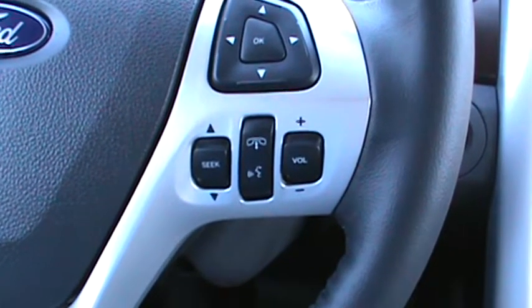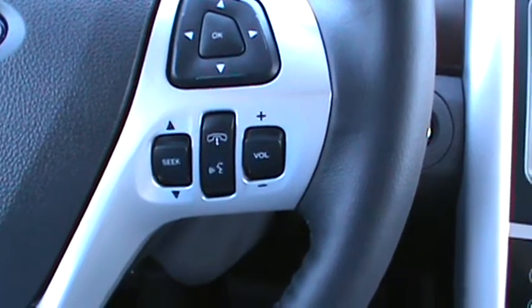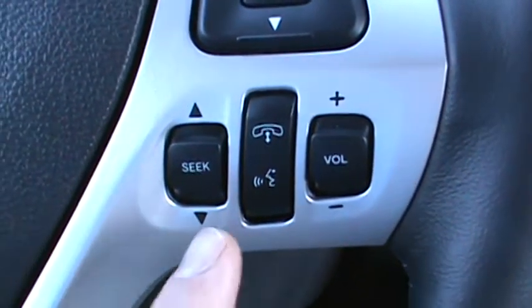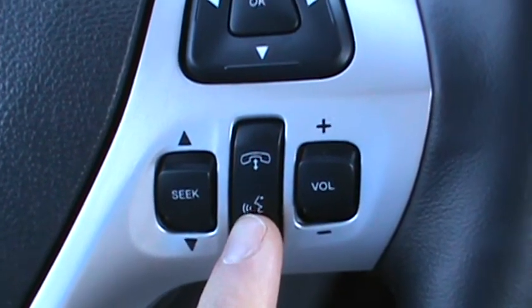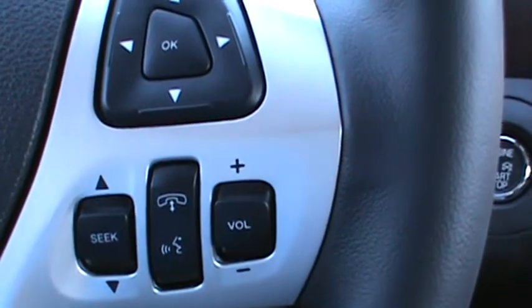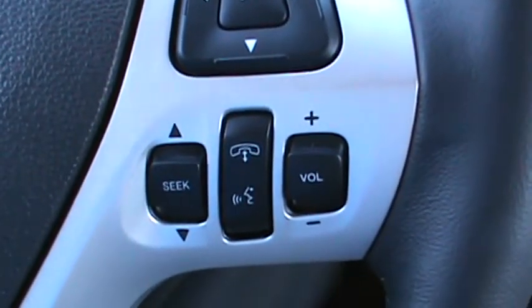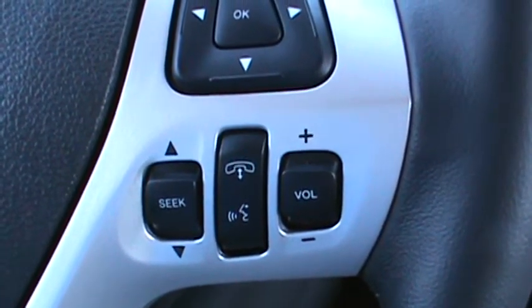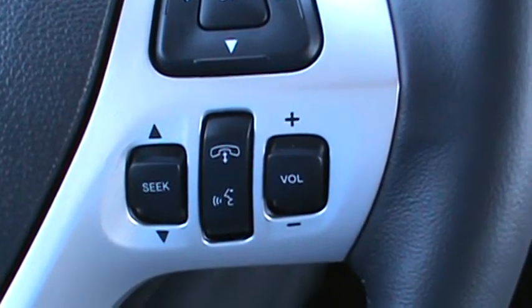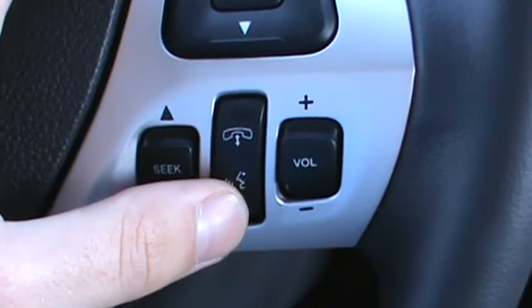Alright, so we've talked about My Ford Touch. We're now going to talk about Microsoft Sync. And many people will be familiar with this little button right here, which is your Bluetooth button. But with Sync, it really takes it to the next level by allowing access to just about every system in the car with just simple voice commands. So, for example,